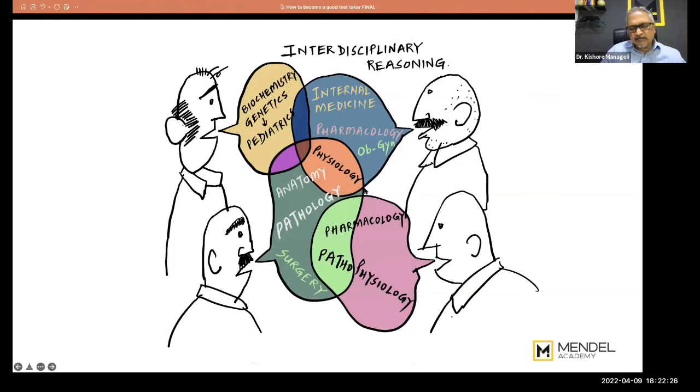Now the biggest thing about USMLE versus the other exams that are held, especially in India, you have the NEET PG, where you don't actually require so much interdisciplinary reasoning. When they move to the next pattern, the National Exit Test, they are incorporating a little bit of interdisciplinary reasoning, but still that is very, very primitive. However, USMLE has a very advanced way of interdisciplinary reasoning, and we will see a couple of MCQs where you will understand that you really have to be